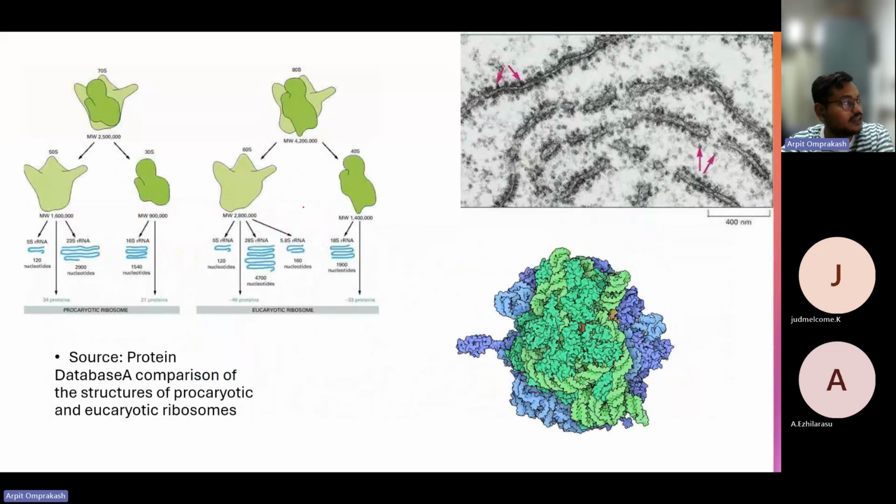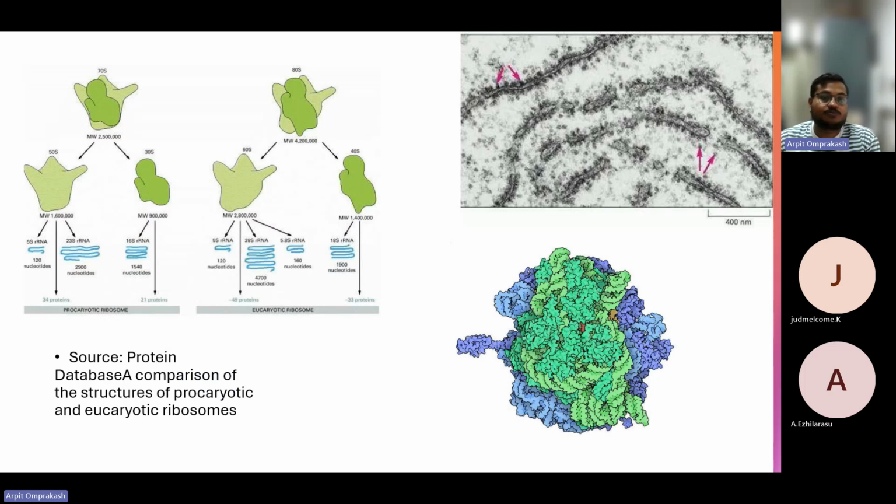Now here we see a ribosome, which is made up of rRNA sequence and proteins. So this is a prokaryotic ribosome, this is a eukaryotic ribosome. You can see that both of them have a similar kind of structure, whereas they are made up of slightly different components, right? And this S here denotes